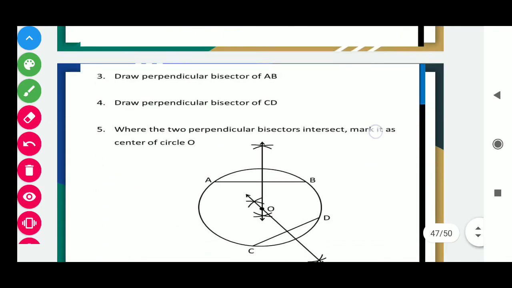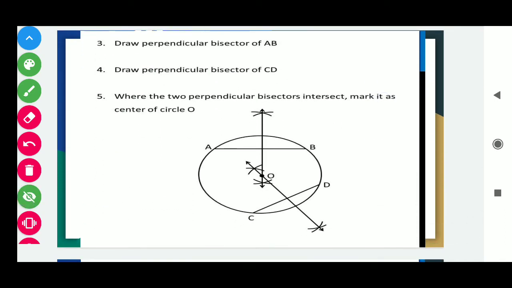Okay, and after that, draw the perpendicular bisector of AB. Okay, students, you know how to make the perpendicular bisector. In the previous sessions, I have explained how to make a perpendicular bisector. You have to just open the compass more than half of this line segment AB. After that, put the pinpoint at point A, mark an arc in the upward and in the same way in the downward direction. By opening the same radius of the compass, put the pinpoint at point B and mark an arc in the upward and in the downward direction.